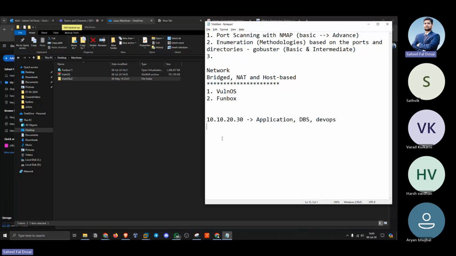For example, if my computer IP address is 192.168.1.16, both bridge and host-only are functioning in the same way. Whenever you select bridge adapter,